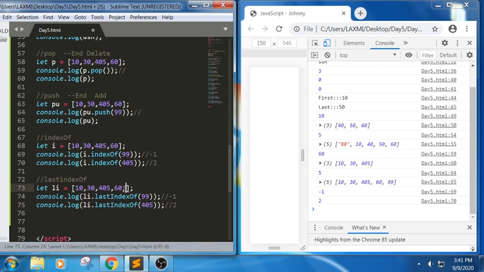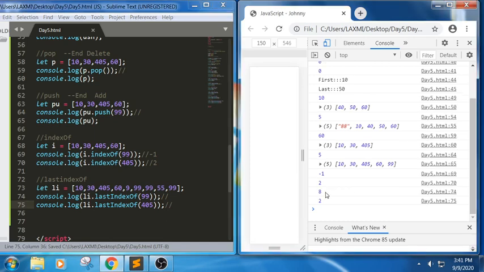For example, I am trying to write 99, 99, 99, 55, 99. Whenever it has multiple array elements, see here, line number 74 will return the last index. In the sense, it will not match with the first occurrence. At the end occurrence, whatever it matches, it will display. Whereas 405 matches only the first index, so it will display that value itself.